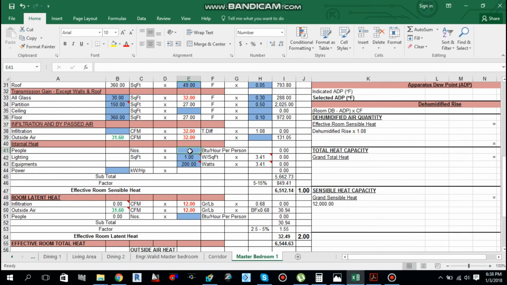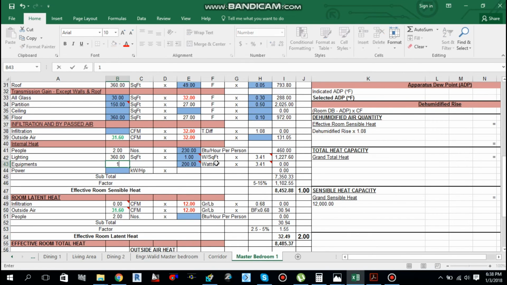This is the sensible, that is 230, and number of people is 2. For lighting, as I told you, the general rule is 1 watt per square feet, and the total is 360 square feet. For the equipment, we have assumed 200 watts.